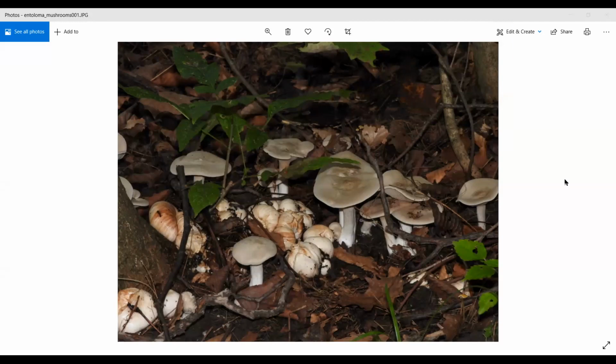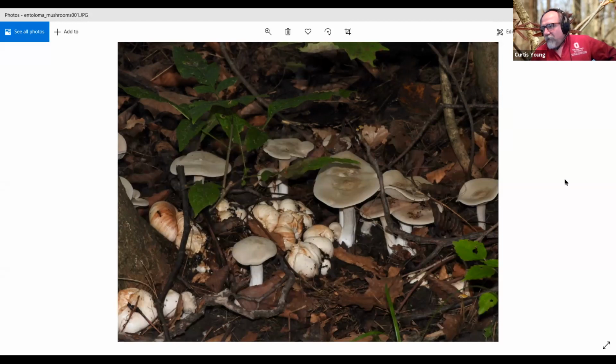That's right. That's the one they have. Okay. Now OSU has their publication, but it doesn't cover a ton of them, but it does cover a lot of the common ones. And so for the question about what does a non-aborted Entoloma look like, there's the non-aborted Entoloma mushroom there